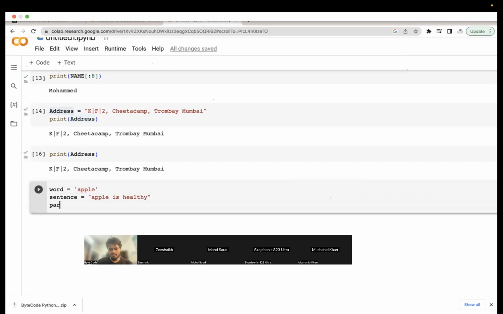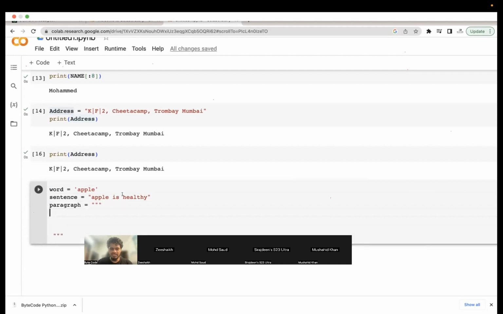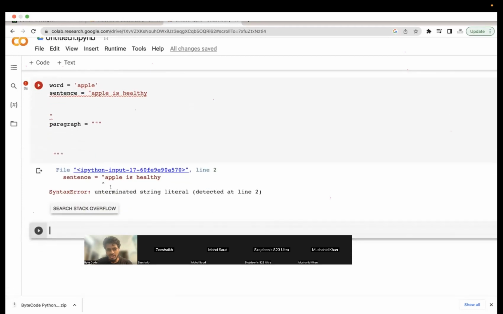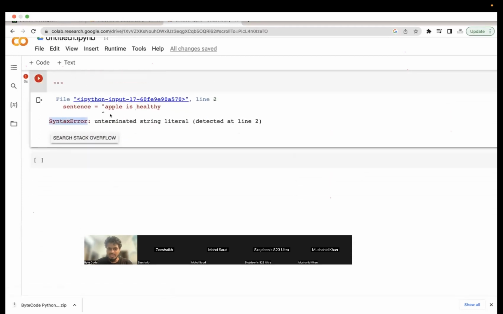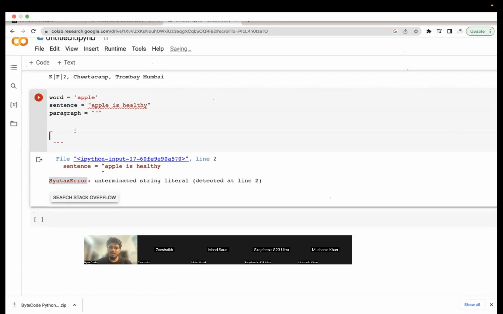For a paragraph, you can use triple inverted commas, in which you can also have multiple lines. In the other two cases, you can't have multiple lines. If you do this, it will result in a syntax error. Python is telling you that you cannot do this. You see the red line, right? Python is complaining that you can't use double inverted commas and have multiple lines. But you can do multiple lines using triple inverted commas.